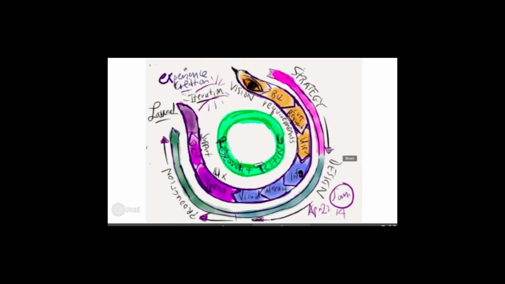I did a sketch myself here. I see that form as a snake, which wraps around the core, which is user research and testing. But you'll notice on the outside here, we have the strategy piece. So the methodologies that are mentioned in the blog, they really focus on the design and the production, which raises